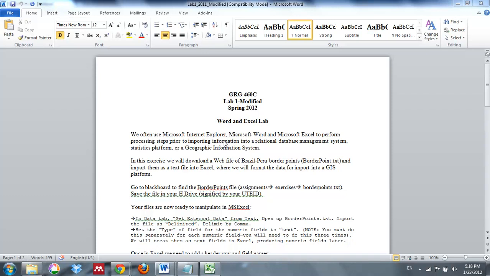The Geographer's Craft is a class at the University of Texas at Austin in the Geography department, and this class explores a variety of qualitative and quantitative methods of analysis. For the first lab, we're going to be working with Microsoft Excel, and we're going to explore how we can use Microsoft Excel, which is a database management system, to manipulate latitude and longitude of a file that we downloaded